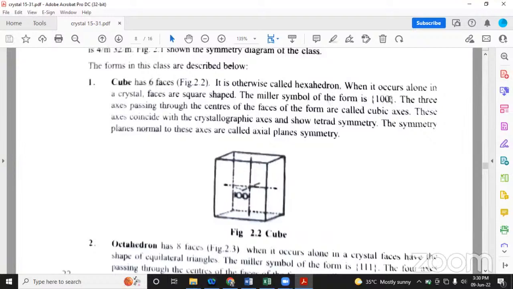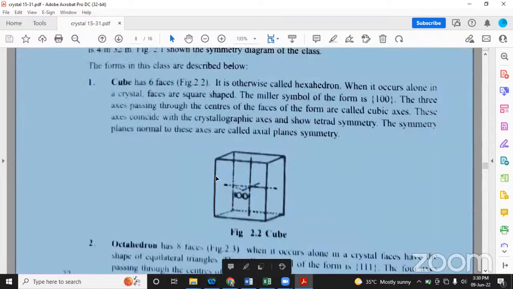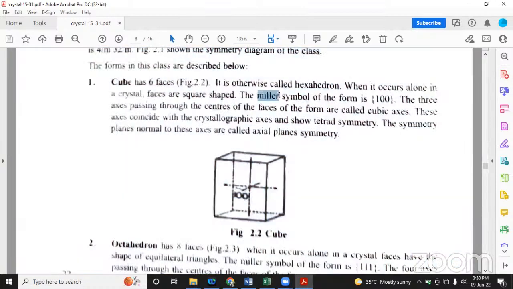The symbol of the form is 100, an important point. The Miller symbol of the isometric form is 100. Miller is a scientist's name, so this is called the Miller name, these Miller indices. The three axes pass through the center of the faces